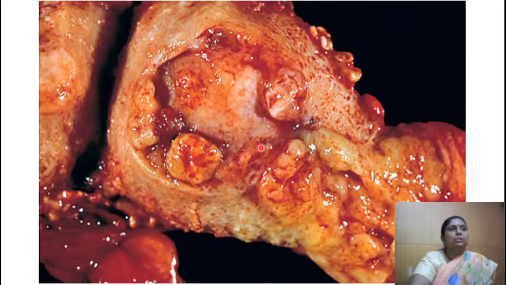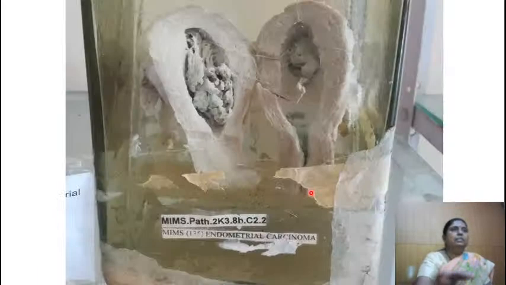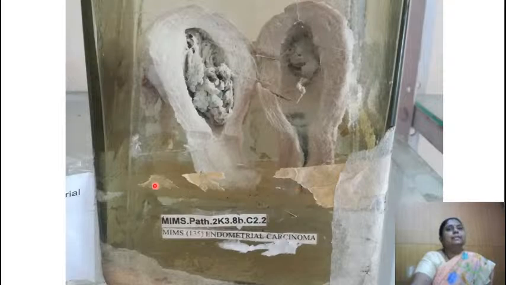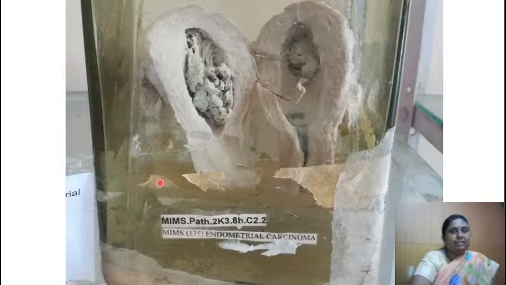Yes, so this is a specimen of a malignancy, is it not? When it is well circumscribed and it is not pushing and invading into the other tissue, we call it a benign tumor. Now this is a malignant tumor. Okay, so that was to prime you to understand what I am going to show in the specimens which are there in our laboratory. See, now this is a specimen in your museum, and if you look at the specimen,